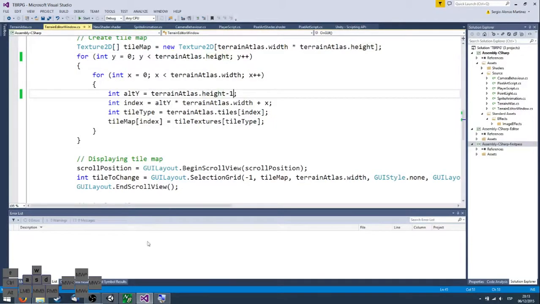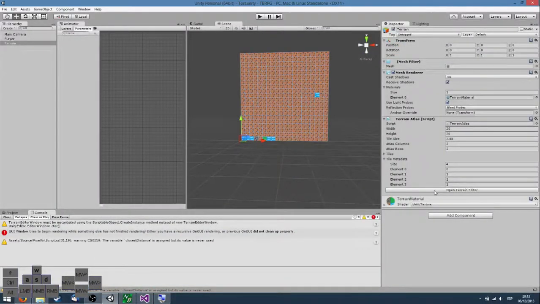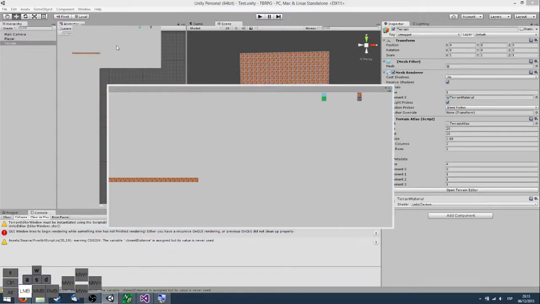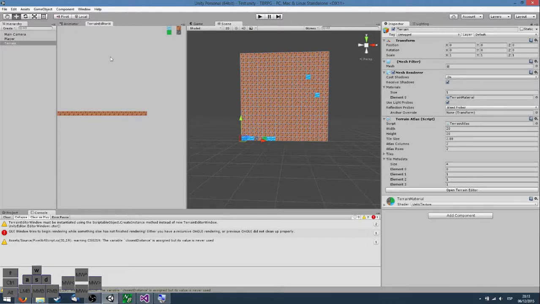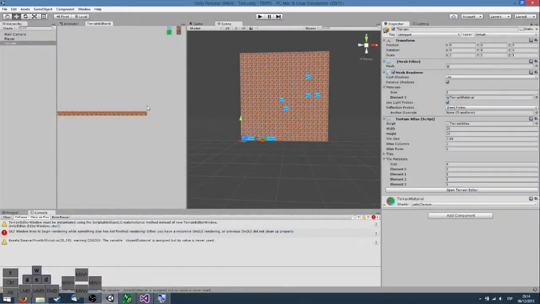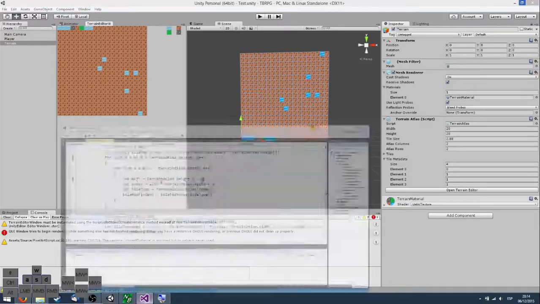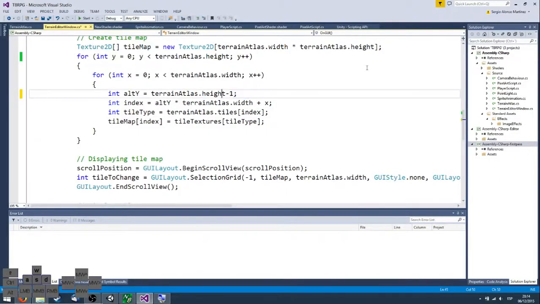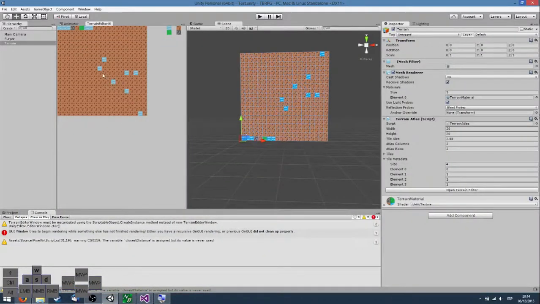Terrain atlas minus 1 minus y. Y minus terrain atlas minus 1. Doesn't make sense, but